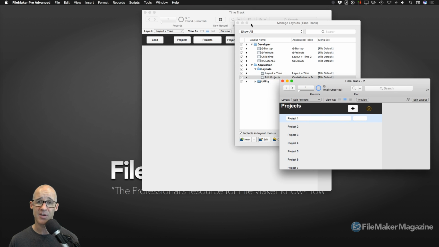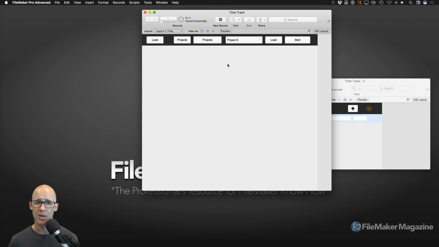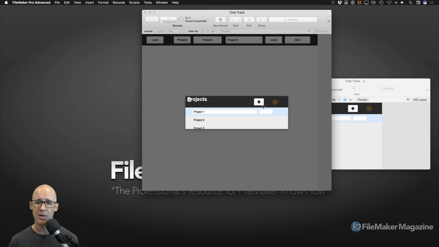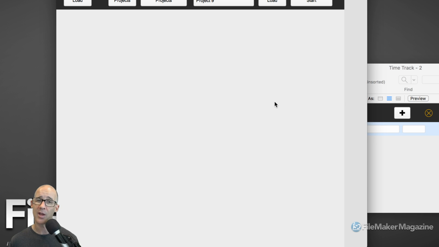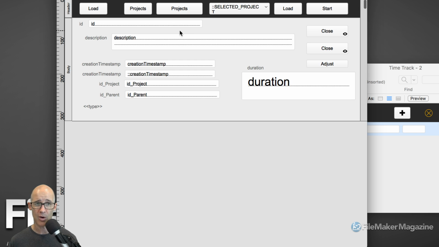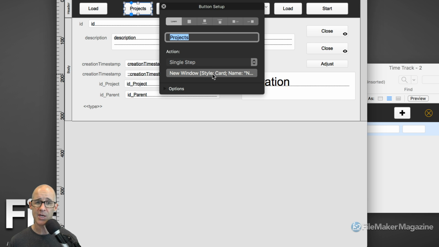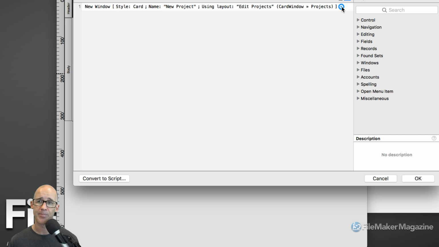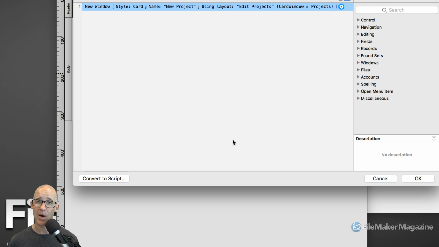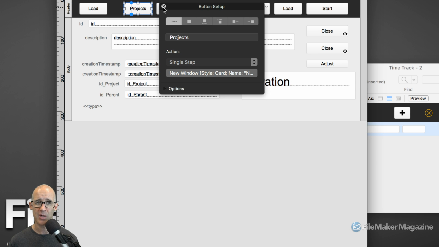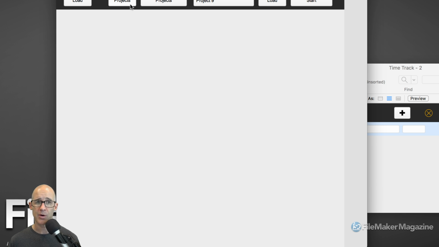I'll keep it off to the side, hide that. Let's just take a look at it. All right, I've got my close button right there. So close should close this window. It in fact does. I'm safe to take off the close now. I go into layout mode, double click my projects, click my single step, click the little gear, take off the close. Now I'll take off the dim parent and I'll talk about it right here when we go into browse mode. So here's our